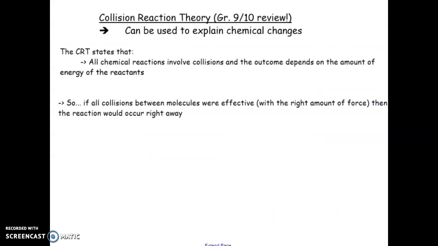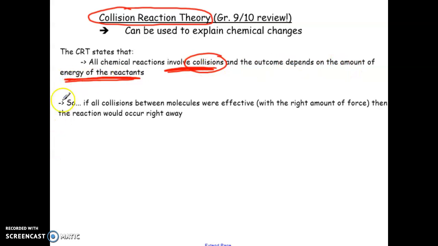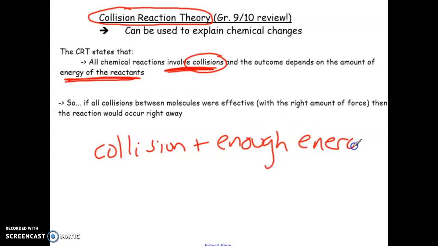Okay. So what makes a chemical change has to do with collision reaction theory. Again, you learned this in grade 9 and we review it again in grade 10, and then here we are again. The reaction theory essentially means that two things happen. First of all, a chemical reaction has to involve collisions, right? The particles have to come in contact with each other, and they have to have a certain amount of energy. So really, there's two things for something to make a reaction. We need a collision, and we need a certain amount of energy,